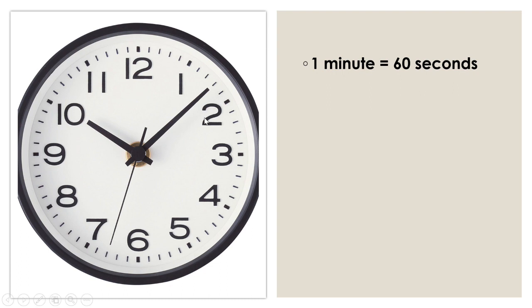And how many numbers are there in the clock? You can very well see there are 12 numbers in the clock. So divisions from 12 to 1 are 5. 1 to 2 again 5. So that makes it 10. Then till 3, 15. Till 4, 20. Till 5, 25. Till 6, 30.